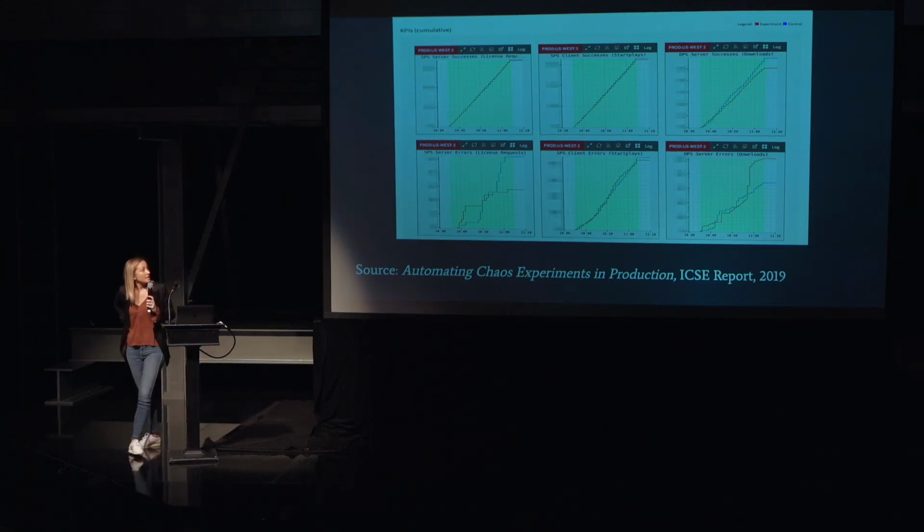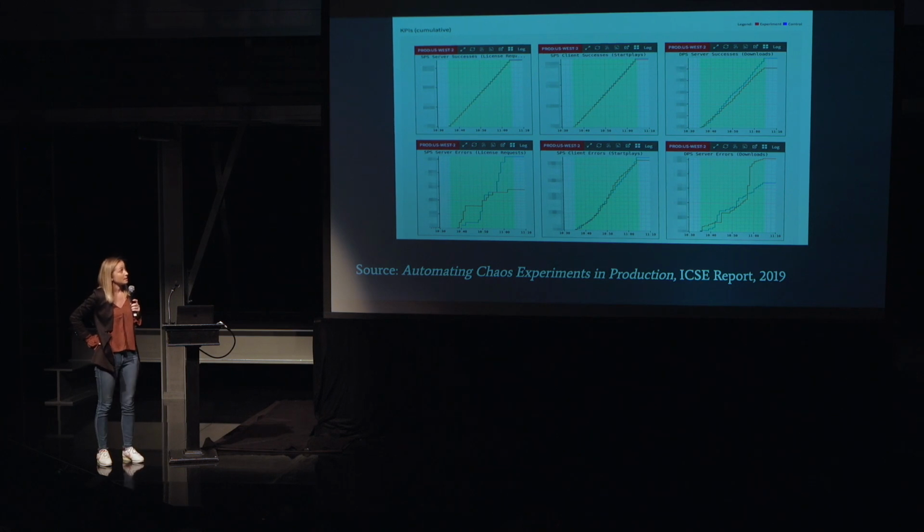So at Netflix, they spent a lot of time looking at KPIs during the experiment as well. I was talking before about the baseline and canary clusters. During experiments, they would add key business metrics like streams per second and downloads per second, and they would compare the baseline versus canary clusters, and the expectation was they wouldn't deviate too much. And if they did deviate too much, like the one you can see in the bottom right or the one in the bottom left, the experiment would automatically fail, and everyone would be routed back to the main cluster with